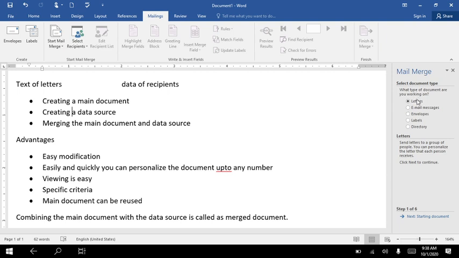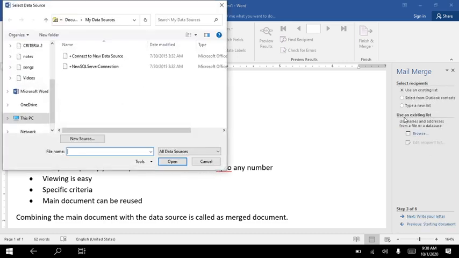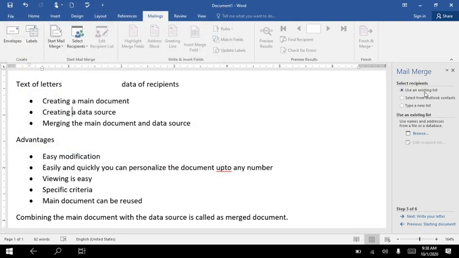Here you will be selecting letters. Okay. Then step 1 of 6, then next starting document. Starting document. Here children, you can use an existing document.